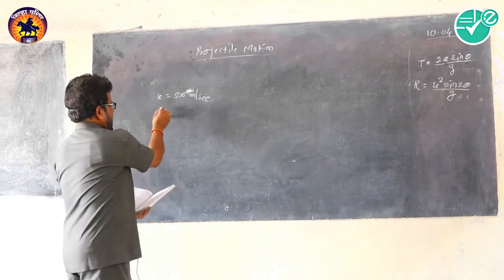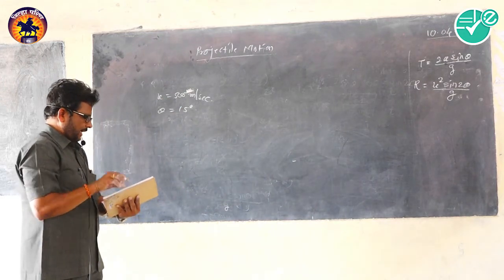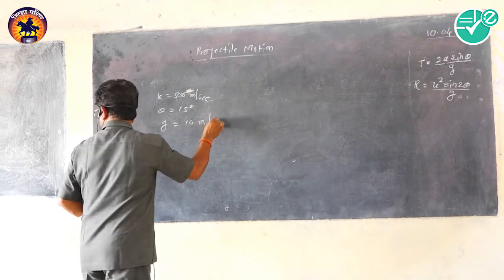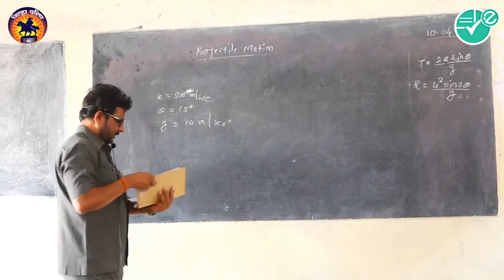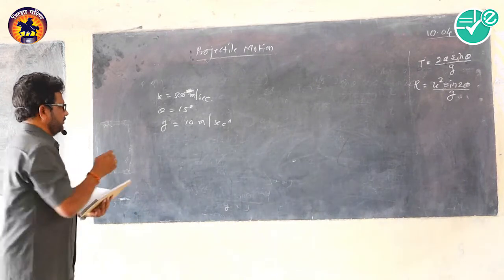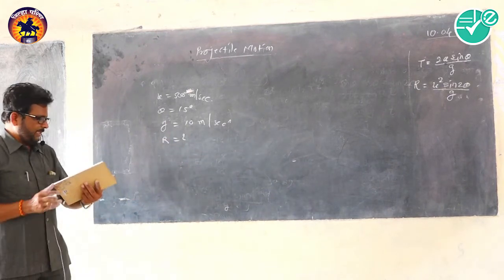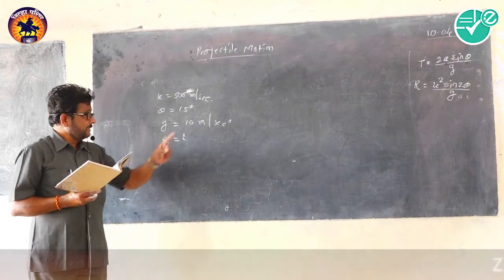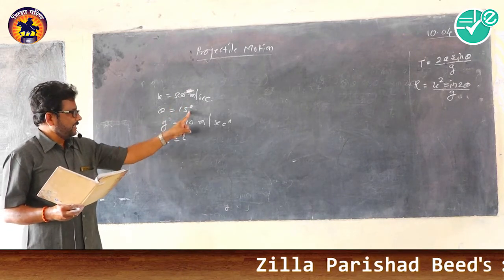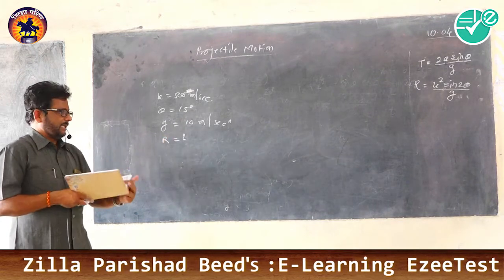If theta is 15 degree and the acceleration due to gravity g is 10 meter per second square, then we are asked the range of the projectile, the range of the bullet. If the angle of projection is 15 degree and gravity is 10, what is the range of the projectile we have to find,